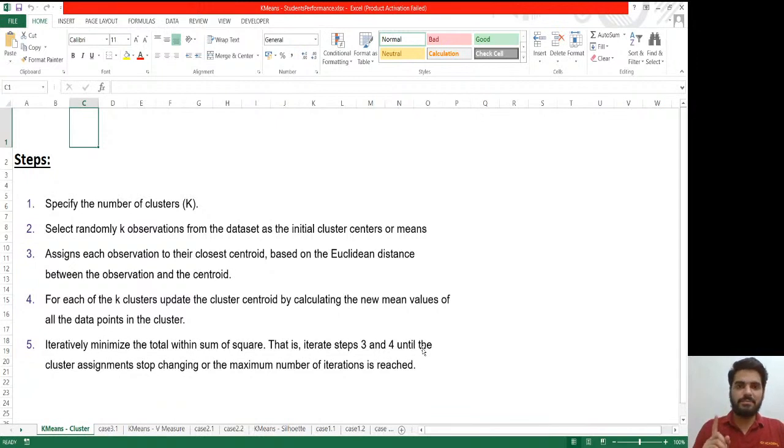Select randomly k observations from the dataset. Assign each observation to the closest centroid. You can take a screenshot. For each of the k clusters, update the cluster centroid by calculating new values and iteratively minimize the total within-cluster sum of squares. Now I'm going to show you that.